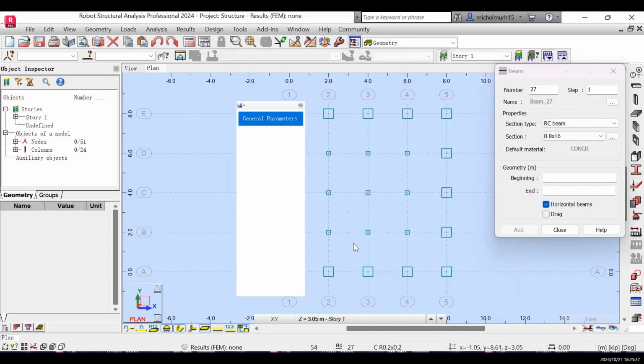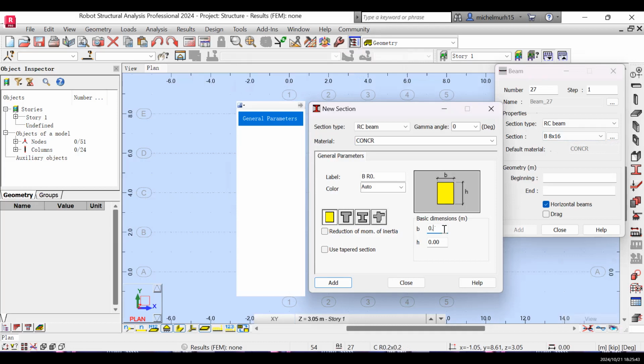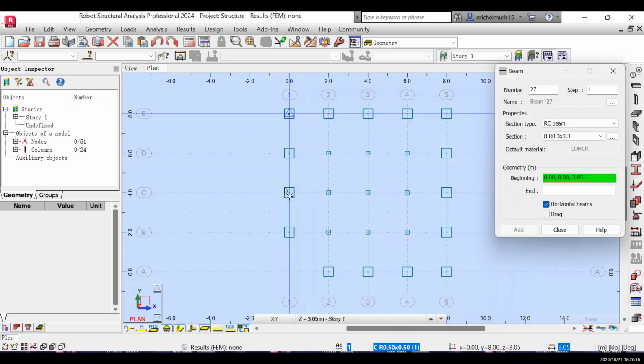yeah, and after that, I will change the dimension. I'll take the same dimension, but because the column should be a little bit wider than the beam, instead of taking 0.5 at the beginning, I'm gonna take 0.4. Okay, let me take 0.4 for the width and also for the height, 0.4. Okay, and after that, let me take a small one, 0.3 and 0.3 here. 0.3 here, okay? Then I'm gonna press add, and then I'm gonna close, and then here I can just start pressing